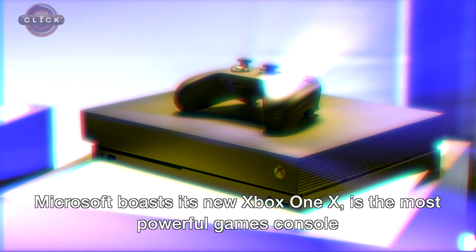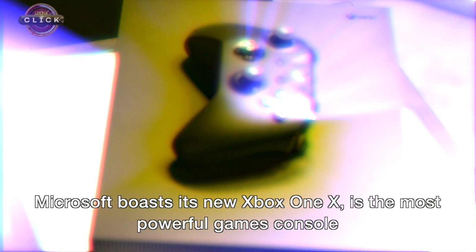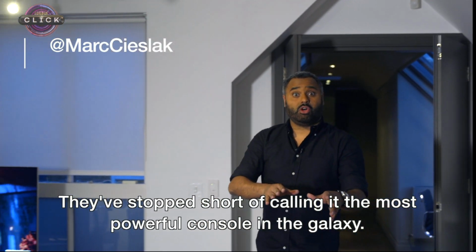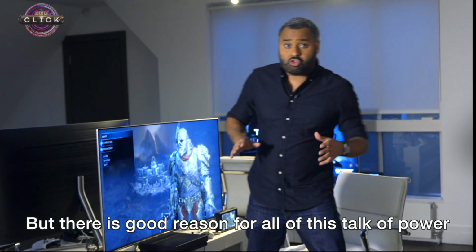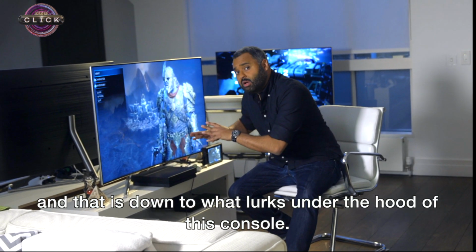Microsoft boasts its new Xbox One X is the most powerful games console in the world. They've stopped short of calling it the most powerful console in the galaxy. I suspect they're saving that accolade for the machine that comes after this one. But there's good reason for all of this talk of power, and that is down to what lurks under the